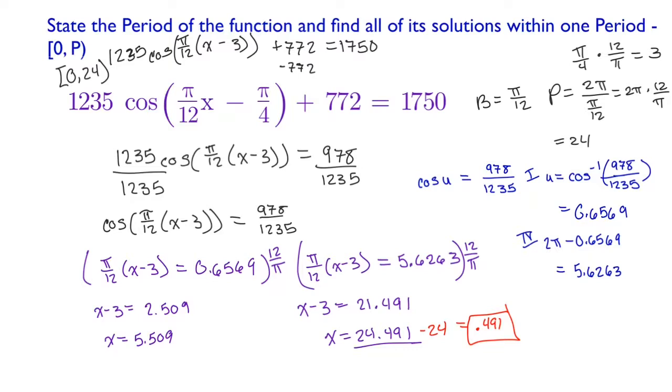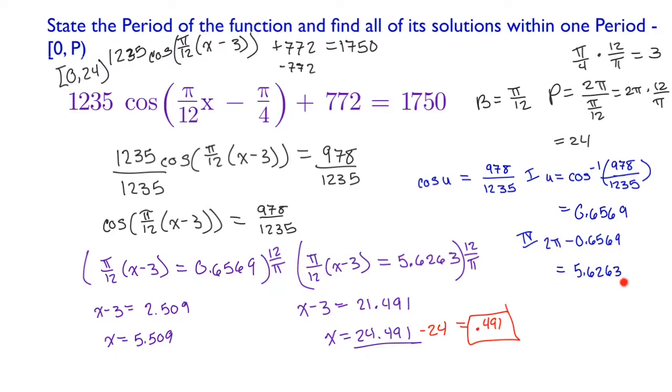So again, I know this video is getting long, but I just want to reiterate the fact that cosine is going to have a positive value in the first and the fourth quadrant. So we did use substitution here, where we found just regular inverse cosine of 978 over 1235 is 0.6569. And then to find the fourth quadrant, we subtract this from 2 pi, and we end up getting the fourth quadrant angle